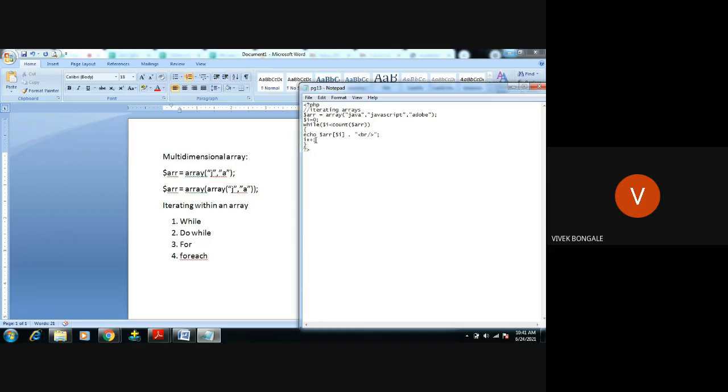Then it will increment. Okay, I is equal to 1 now. Is 1 less than the count? Yes, it will be incremented, right? Next, and now I is less than 2. Yes, condition is true. It will increment the value and check again. Then at last here we'll get 3 is less than 2. That condition is false. So that loop will not be executed. Okay.